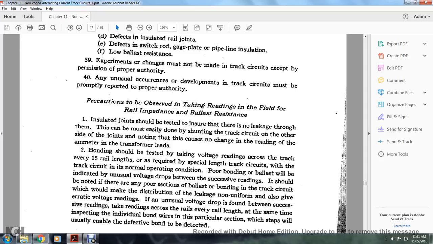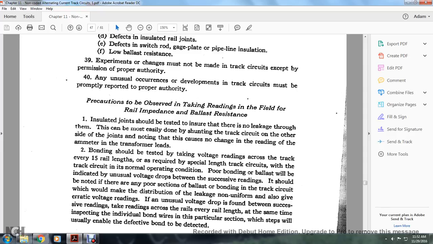2. Bonding should be tested by taking voltage readings across the track at every 15 rail lengths, or at the special length of the track circuit, with the track circuit in normal operating condition. Poor bonding or ballast will be indicated by an unusual voltage drop between successive readings. It should be noted that